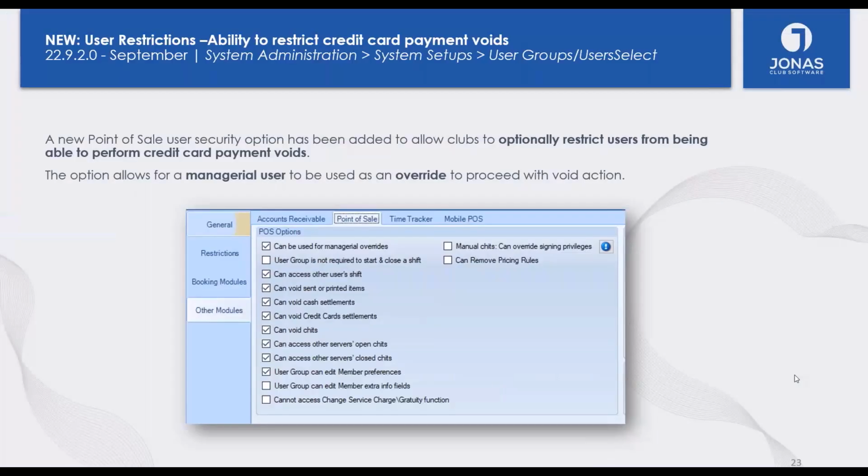Okay, so next up we've added here is a user restriction in regards to point of sale. So in your user restrictions under system administration, system setups, where you set up either user groups or users, we've added an option here to be able to restrict users from being able to void credit card payments